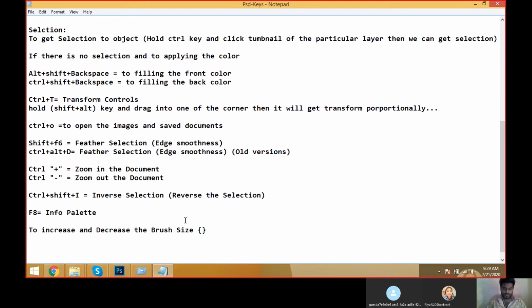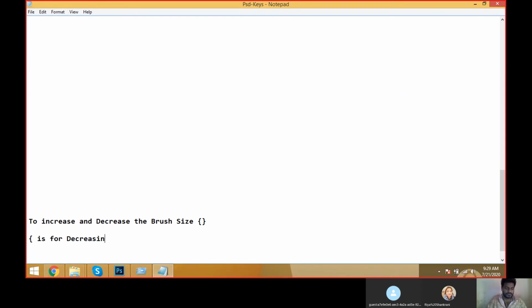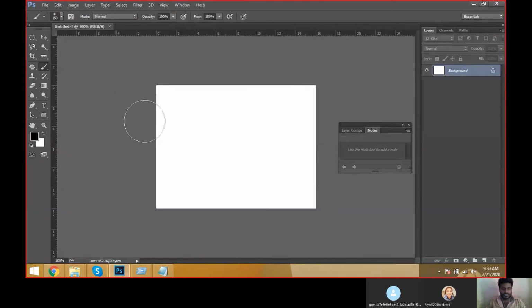One bracket is for decreasing and the other is for increasing the brush. Like this we can increase and decrease the brush size using the keyboard.